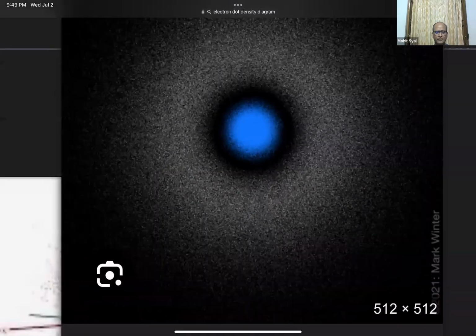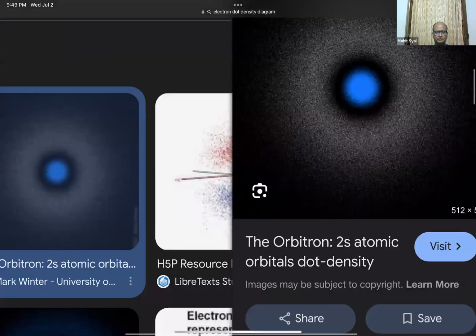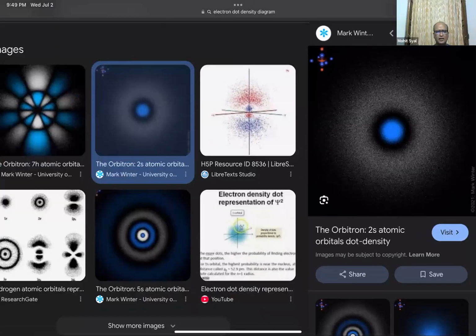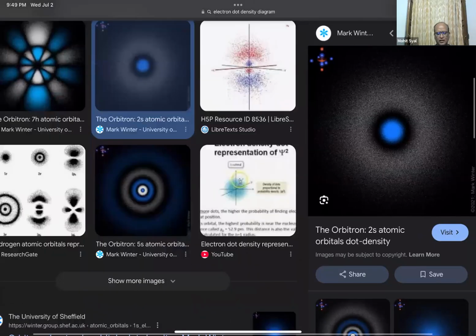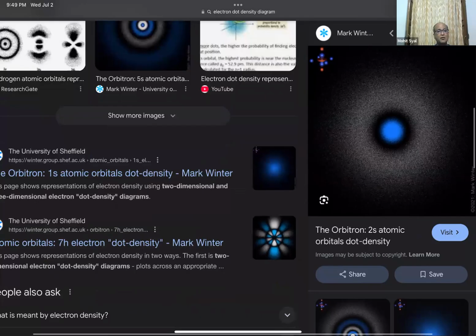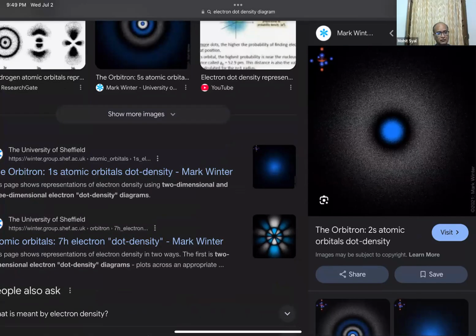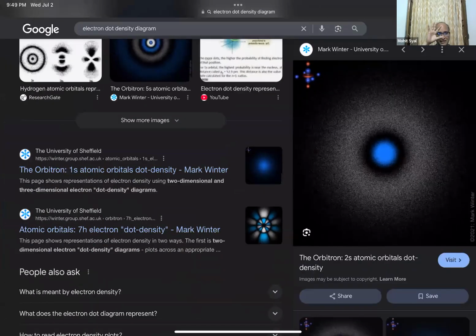Positive will be near the nucleus and negative will be outside; you can take either one, that is not a problem. No, that is not the charge. It is just showing the presence of the electron, the wave of the electron. If the wave is more, it means more of the electron is present over there.